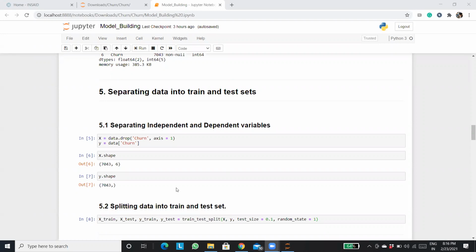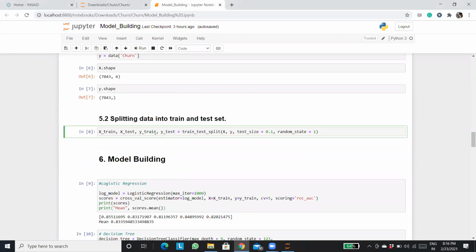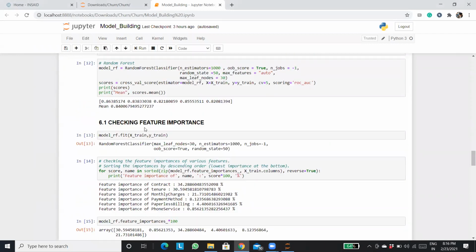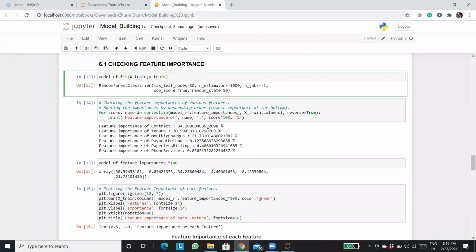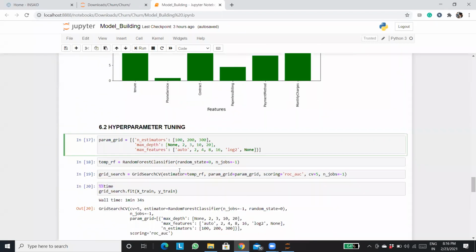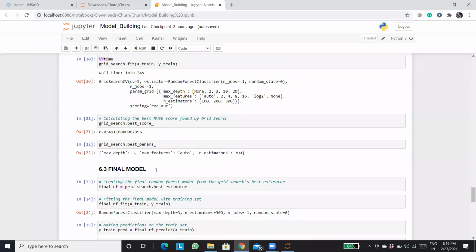Anyways, I separated the independent and dependent variables here. Then I split it into train and test. Then we created the three models, right? After that, we saw some feature importances. We then did some hyperparameter tuning, and we got the best score as 84% over here.